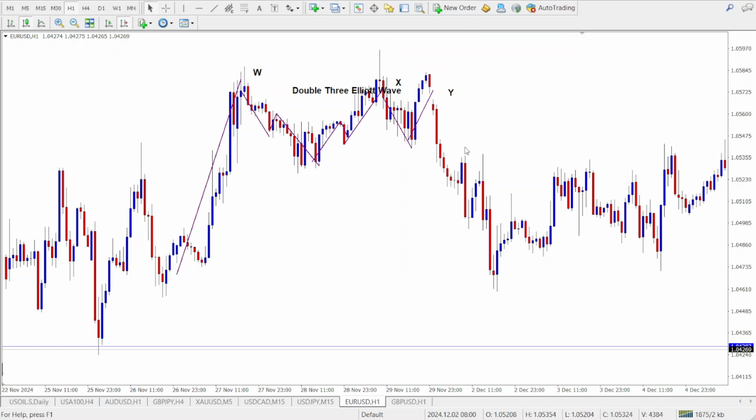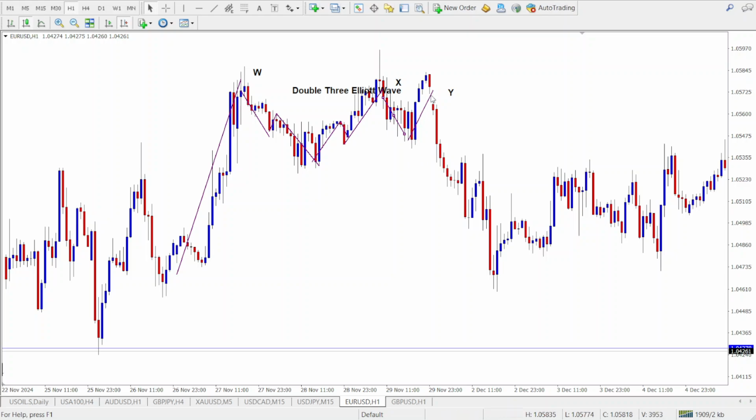Like the W, this is also a corrective move that will typically be a zigzag or flat structure, right? So ideally we ought to see a zigzag movement here. That's why I said that this is not a perfect double three Elliott wave, because there ought to be a zigzag, but you can see that there was no zigzag exactly here. But just for the sake of clarity, there ought to be a zigzag. Okay. So after you have found the zigzag, or it could be a flat structure, it's going to complete the